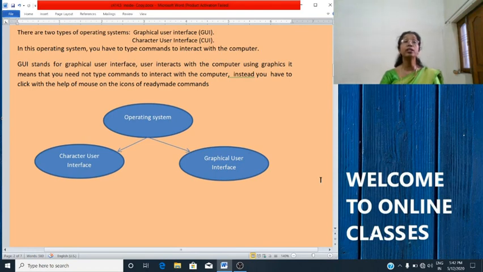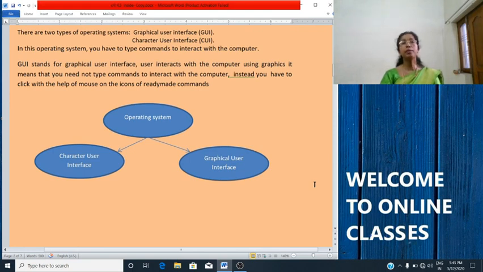Now we will study what is CUI or Character User Interface. Character User Interface means that you have to type the commands to interact with the computer. User interacts with the computer using only keyboard. You cannot use a mouse here. To perform any action, a command is required.